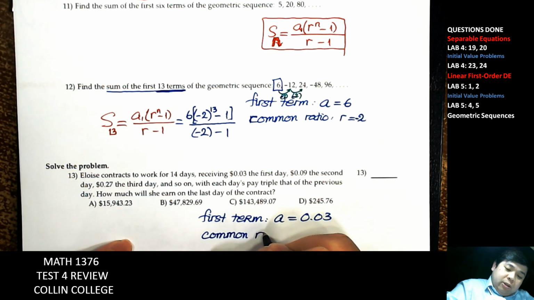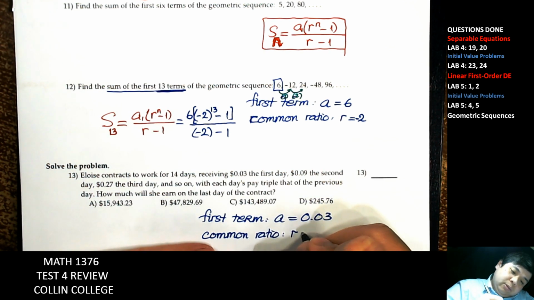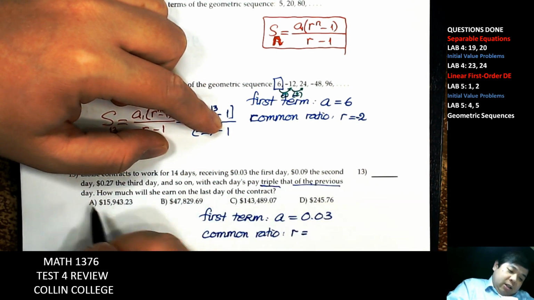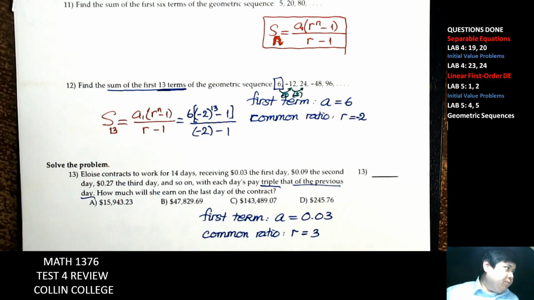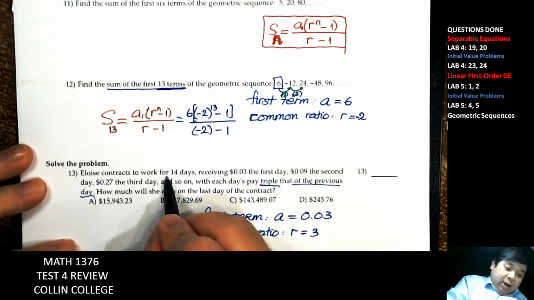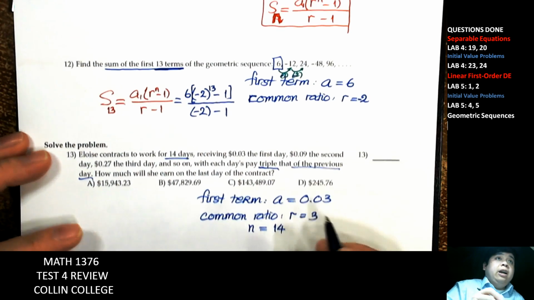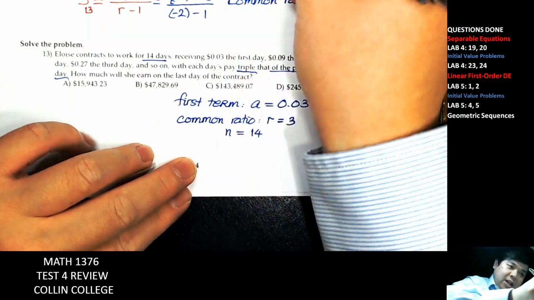Common ratio: it will be a triple of the previous day, so that will be 3 times the previous term. And we have 14 days, so n is equal to 14. And if we put everything in this formula, that formula,